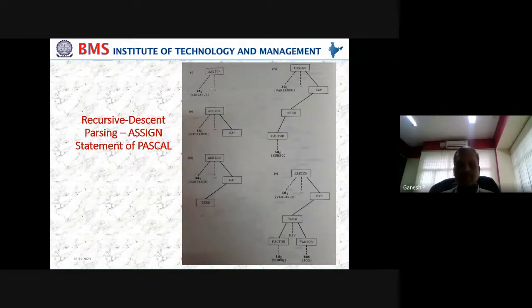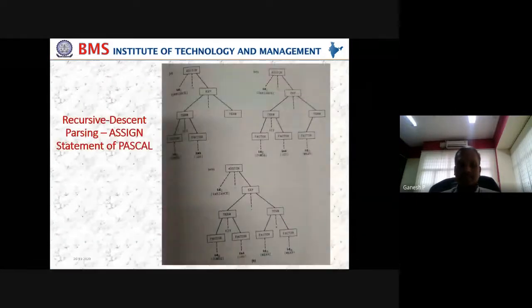The assignment statement is the first diagram, ID1, one by one. If you look at every stage, we're adding one value. These are all the results of the procedures that we are going to call. Everything kept in the square box here is a non-terminal symbol. We know that assign is a non-terminal, exp is a non-terminal, term is a non-terminal, factor is a non-terminal. A factor finally comes back to either an ID or an integer. So this becomes another set, and finally you get a diagram like this.